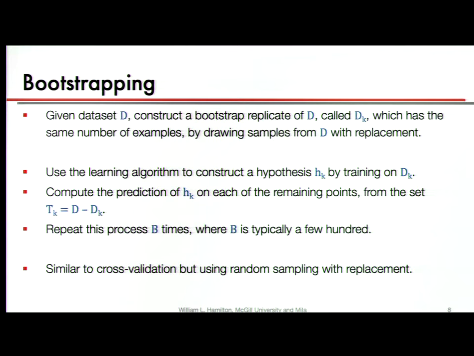But the other thing that we're going to talk about is we're actually going to not use just one bootstrap sample. We want to use all B of these samples. And that's actually going to help us combat overfitting rather than leading to overfitting. But before we get to this ensembling approach, just to finish up this idea of bootstrapping, we're just making these bootstrap replicates. These are a bunch of different variations of our original training set. They're just like the splits in k-fold cross-validation, but now instead of splitting our data, we're sampling with replacement.